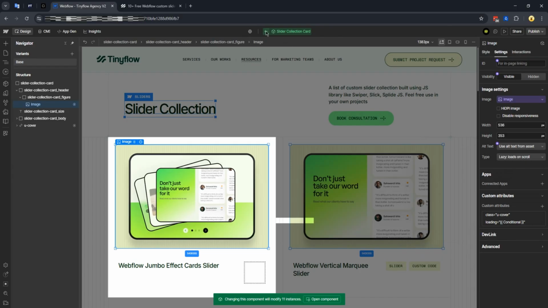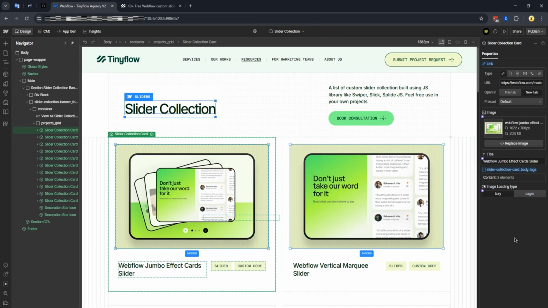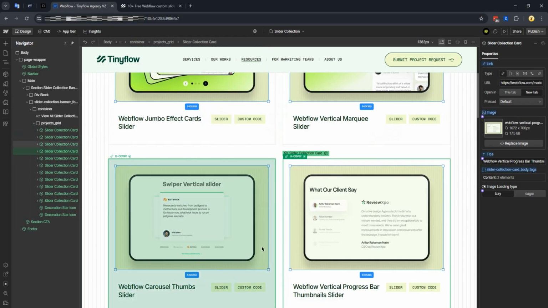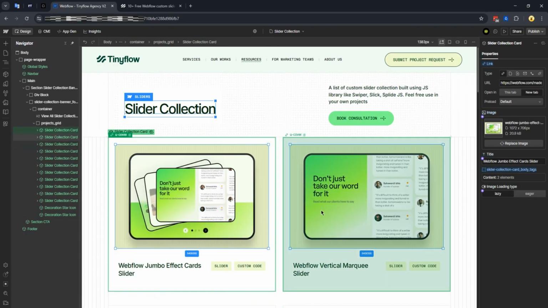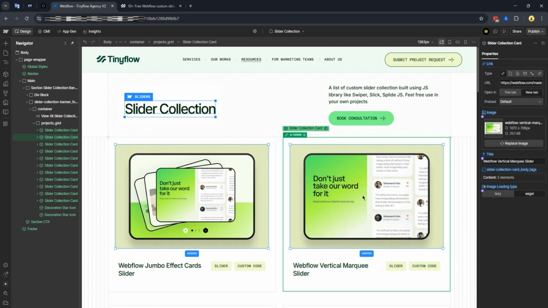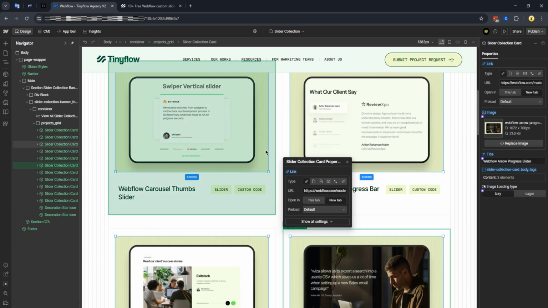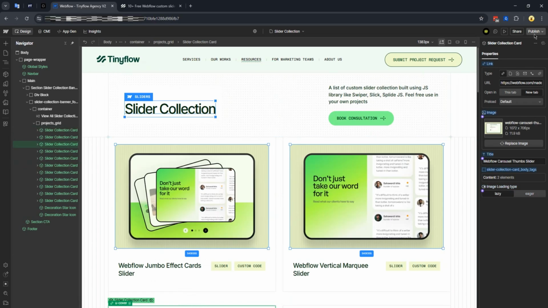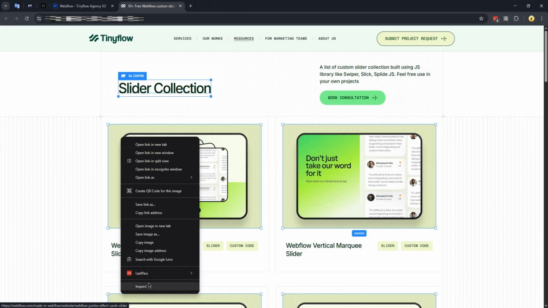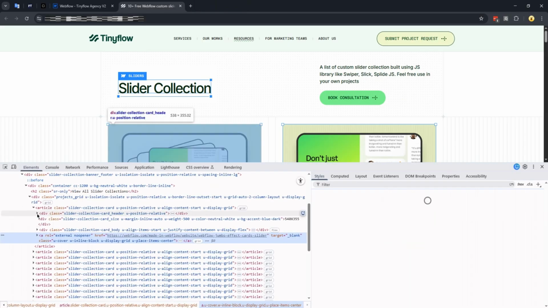Now, if we click out of the component, notice that by default, it's set to lazy, which is perfect because we don't want to manually click through every single item. Let them stay lazy. But for just these first two images, I'm overriding the image loading type to eager. And for this second one too, setting it to eager. Make sense? And the rest stay lazy below. All right, let's hit publish and test this out. Whew, publish complete. Let's jump to the live site, open the inspector, and see if the magic actually worked.